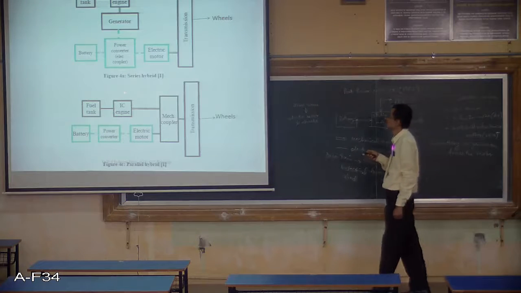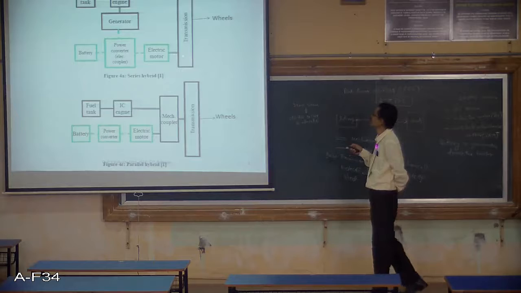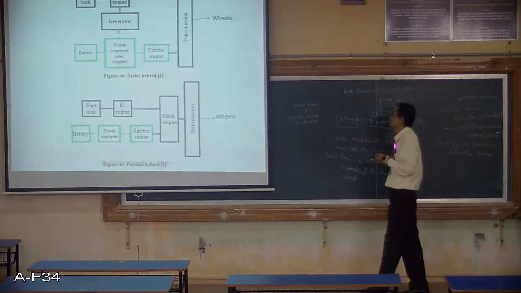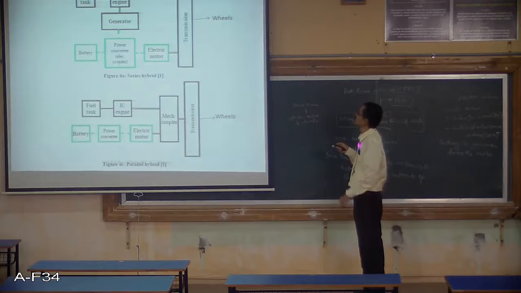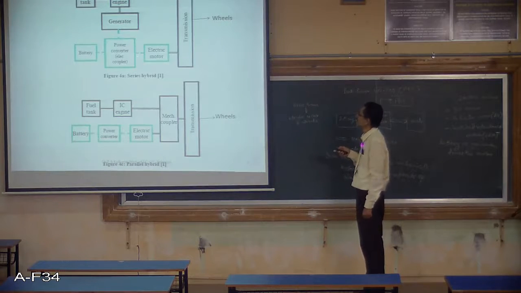So this power converter, what it will do, suppose you want to reduce the speed of the motor, you have to reduce the voltage here. So this power converter will reduce 200 volts to a lower value and supply it to the motor. So the speed of the motor will reduce and speed of the vehicle also will reduce. Suppose if you want to increase the voltage applied to the motor, so that you want to increase the speed of the vehicle, in that case you increase the voltage from the power converter.